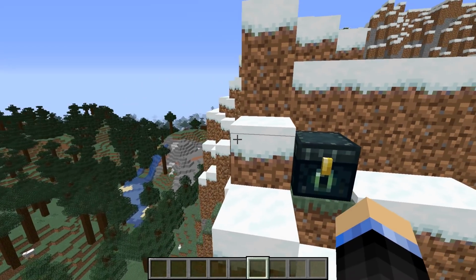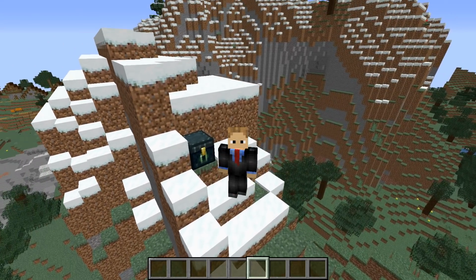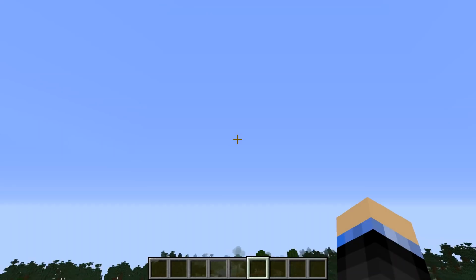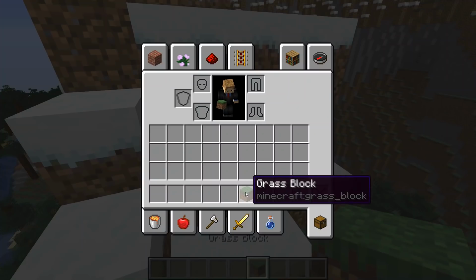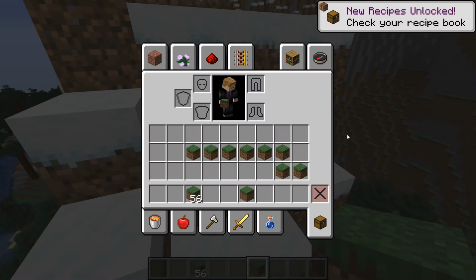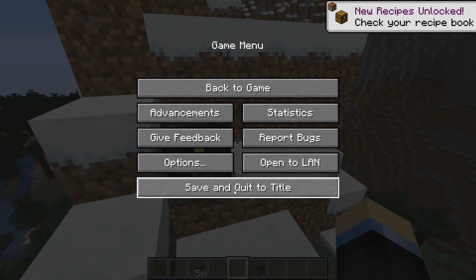Now, as you're preparing to do this, you're going to want to empty your Ender chest and also empty your inventory. You want to make sure you don't have anything on you or in your Ender chest, because they will be deleted as we do this. So in fact, let's just grab a grass block, just like this, so you can see that we do have some stuff, and you'll see what happens as we go forward. Now we're going to quit this world,